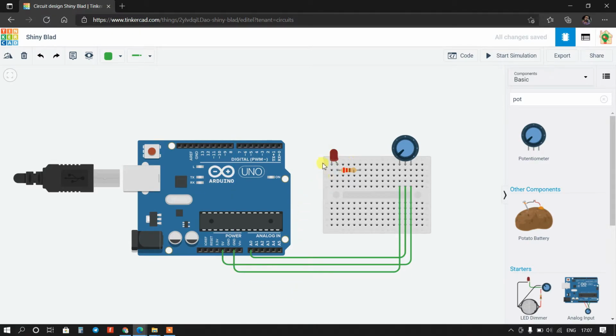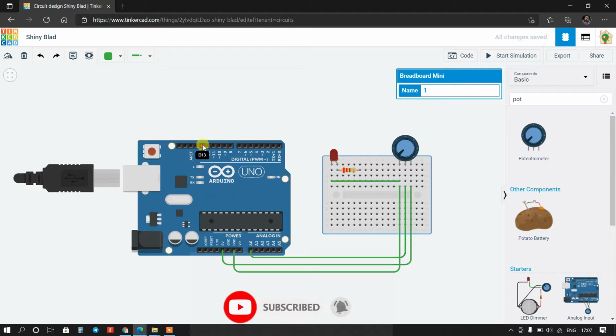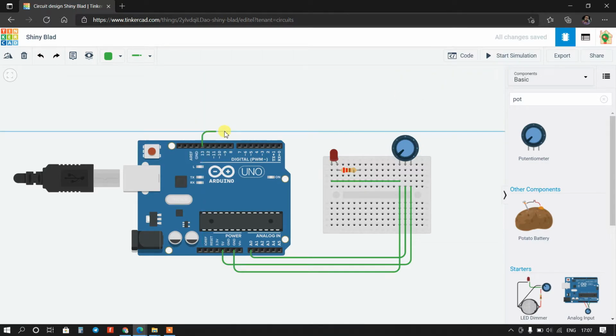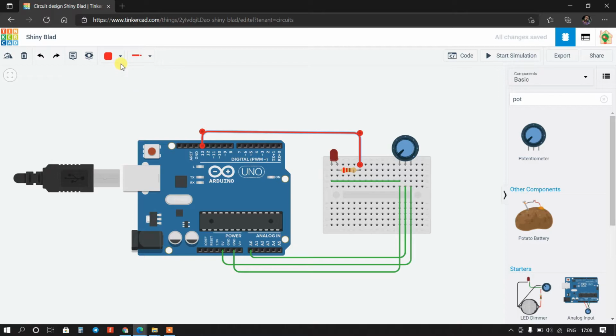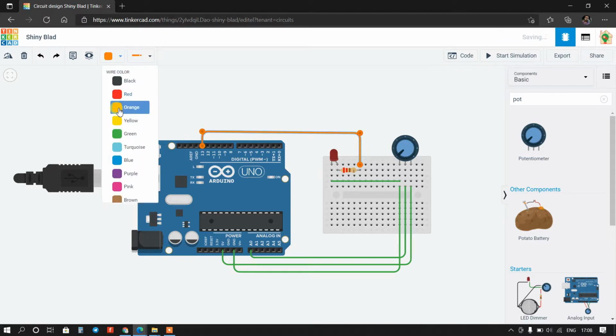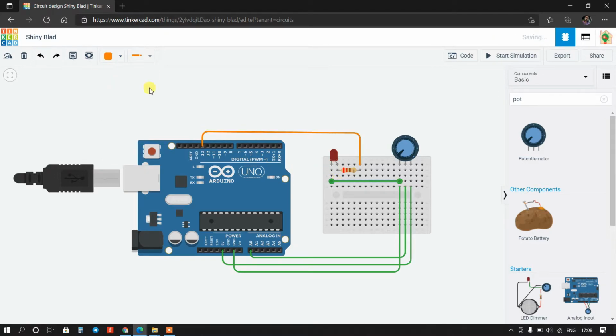and cathode pin of LED will be connected on ground, so this is ground, and anode pin of LED will be connected on 30 number digital pin. I will change the color, it will be orange and ground will be black.